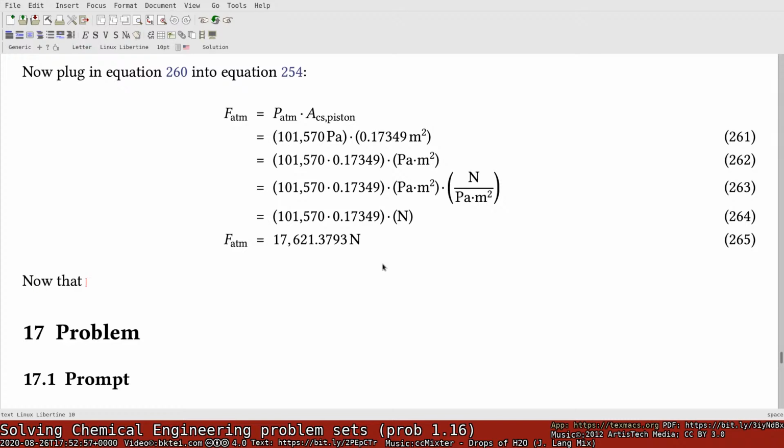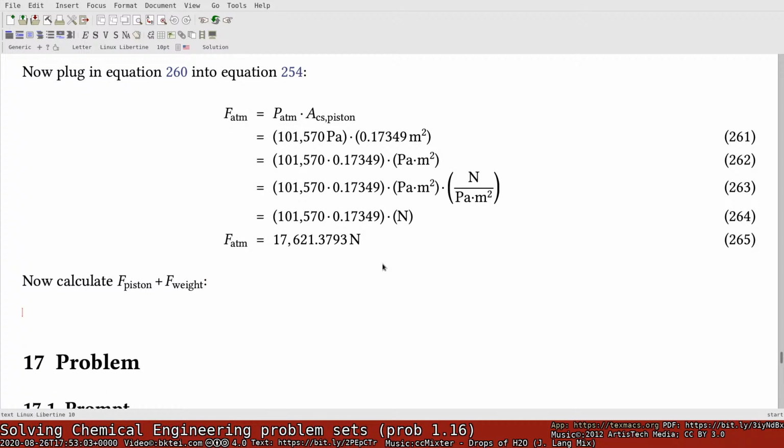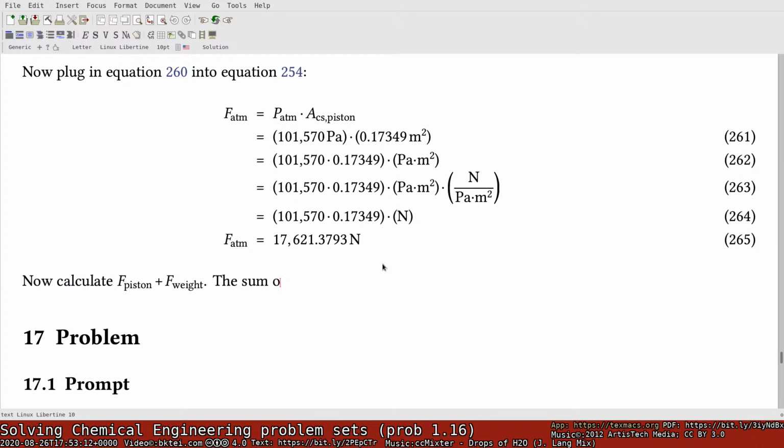Now calculate. So the sum of these two forces equal